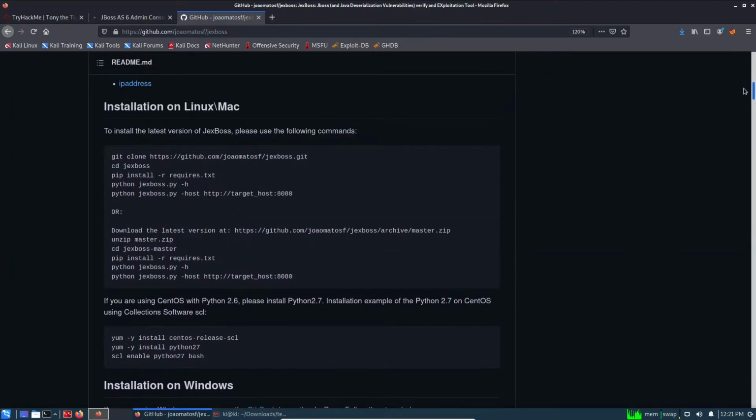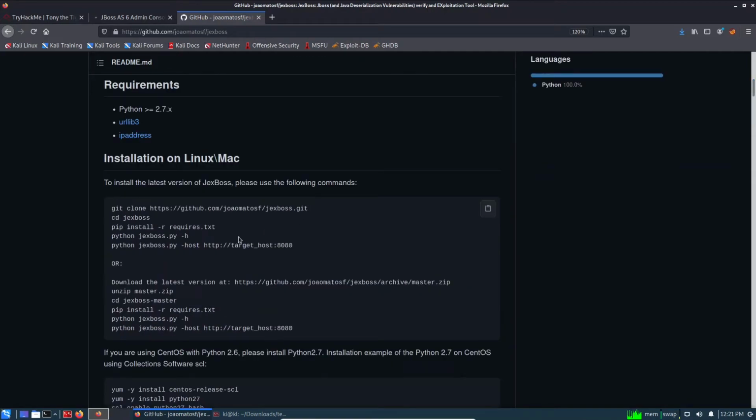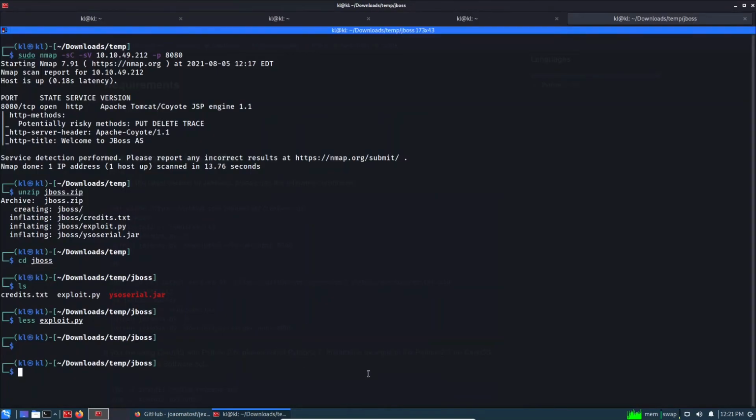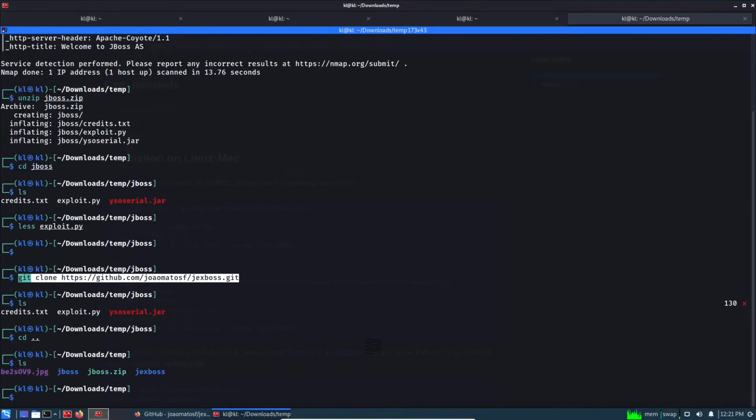So installation on Linux, installation on Windows. I will not go into details. So what we can do, we can just start following the steps it has mentioned. So git clone, I have already done that. In this directory, JexBoss,